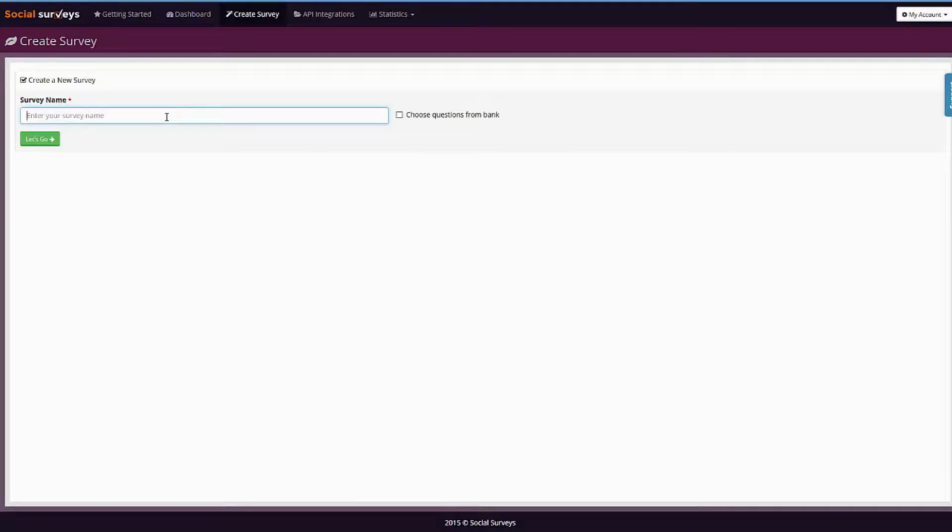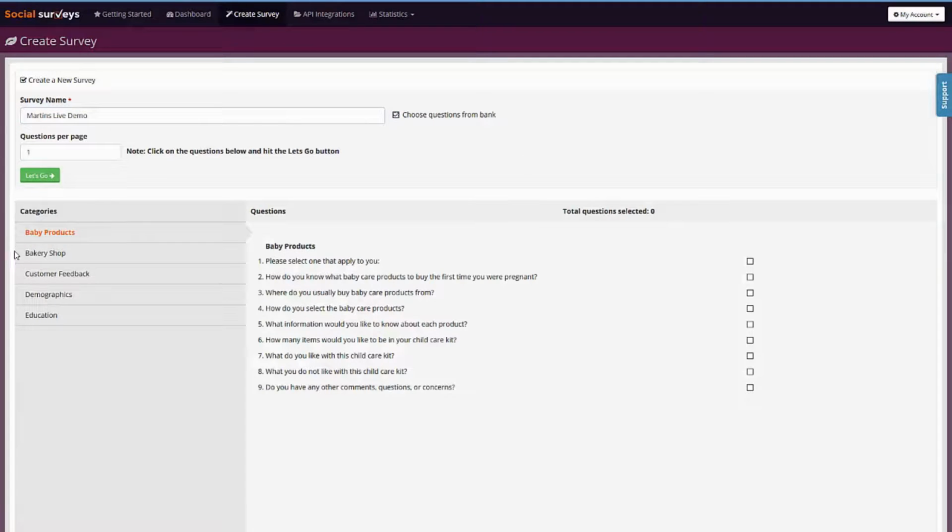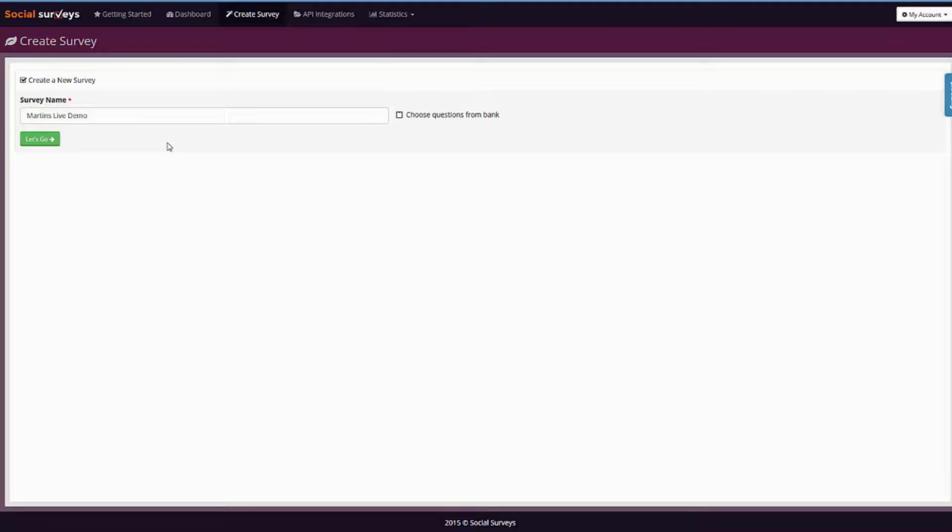From the start. So this one is, you just pick your survey name. If you take the box here, question bank, you'll notice there are loads of pre-loaded questions that have been researched, and they're all tried and tested from big industry surveys. You can use those to build your survey, or you can just create your own questions, which most people, I expect, will do. So we click the green Let's Go button,